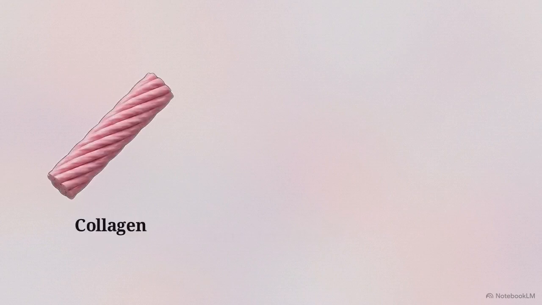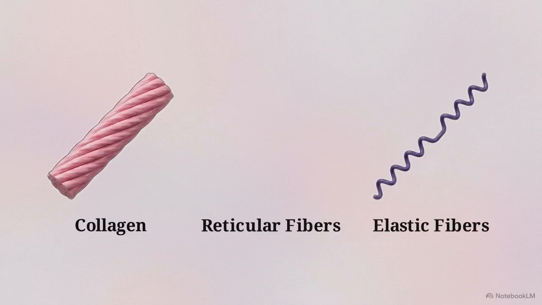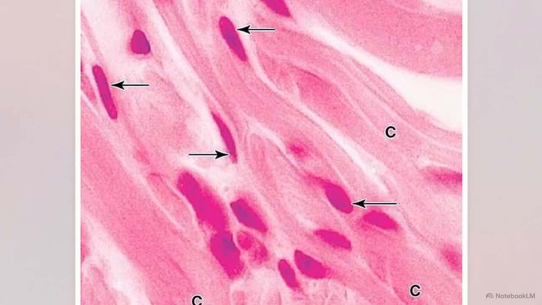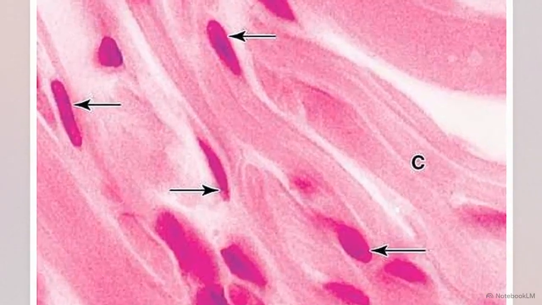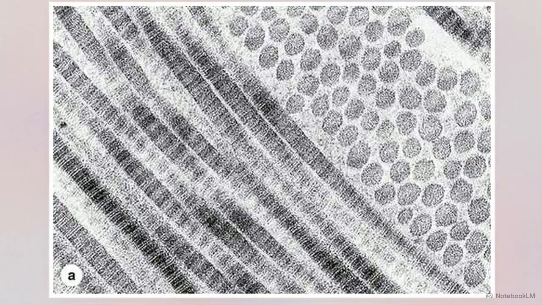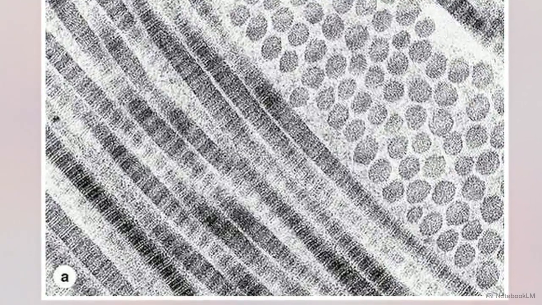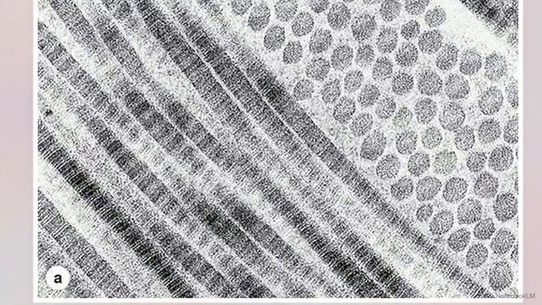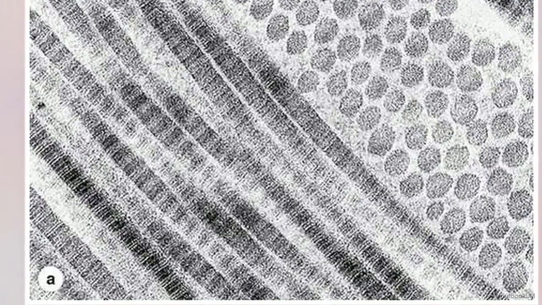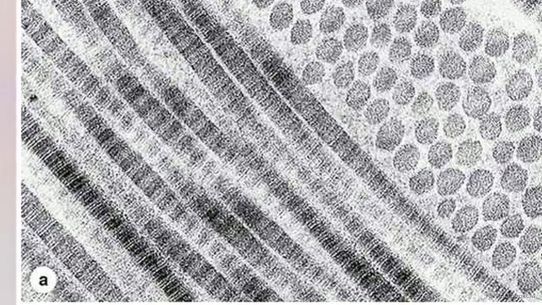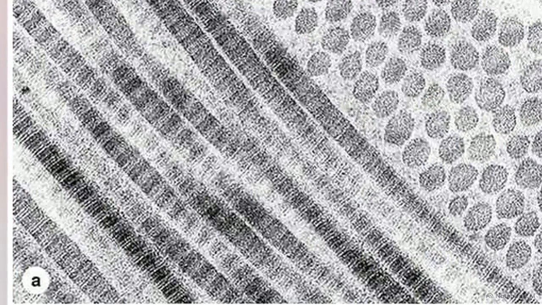That scaffold is built from three main fibrous components: collagen, reticular fibers, and elastic fibers. This histological slide shows type 1 collagen, the body's primary tension-resisting fiber. Found in bone, skin, and tendon, these thick bundles are highly acidophilic, staining a distinct pink with eosin. Under an electron microscope, a precise structural pattern emerges. Adjacent pro-collagen subunits overlap each other by exactly 67 nanometers, creating the alternating dark and light longitudinal striations characteristic of